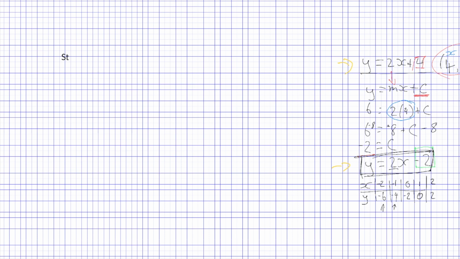Step one. The first thing you're going to do when you get asked to find the formula for parallel lines, you're actually just going to rewrite the problem. And as you can see there, we've rewritten our original formula of y equals 2x plus 4, and we are done. So, step two. Now, this is to keep you on track